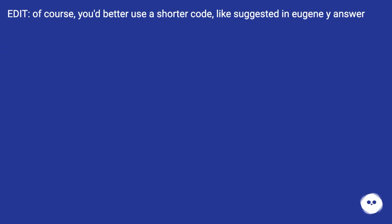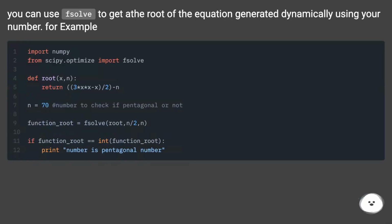Edit. Of course, you'd better use a shorter code, like suggested in Eugene Y's answer. You can use fsolve to get a root of the equation generated dynamically using your number. For example,